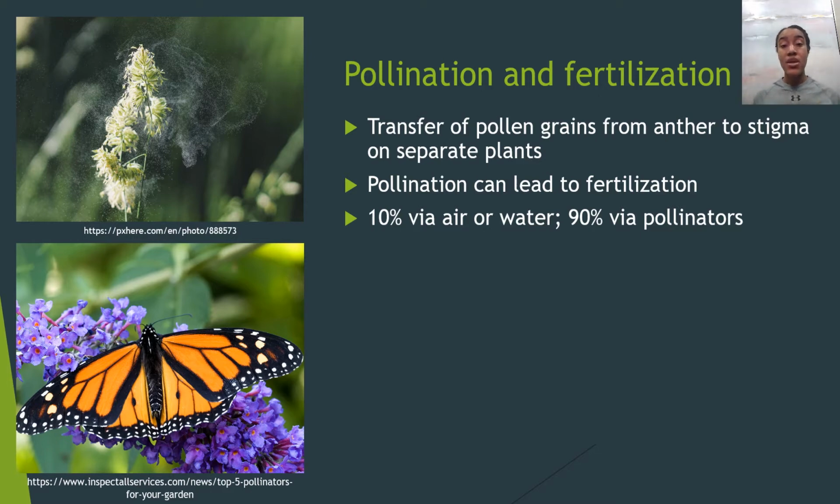What happens next? Well, next we need pollination, and pollination is just the transfer of pollen grains from the anther of one plant to the stigma of another plant, and this is within the same species. Pollination can lead to fertilization, but pollination is not fertilization. So in order for fertilization to occur, pollination has to happen, but pollination doesn't necessarily mean that fertilization will occur,